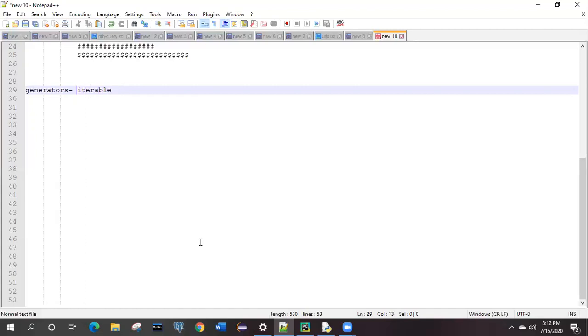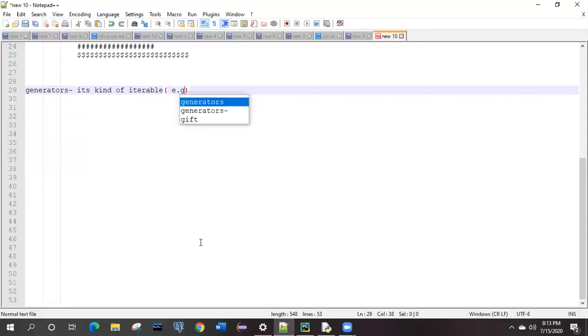It is a kind of iterable. It is not a 100% iterable, but it behaves like the same, right? And if it is behaving like the iterables, what could be the features present inside this?